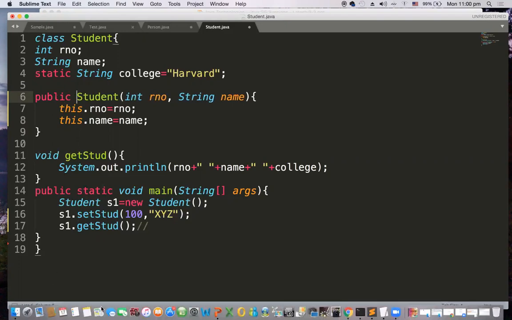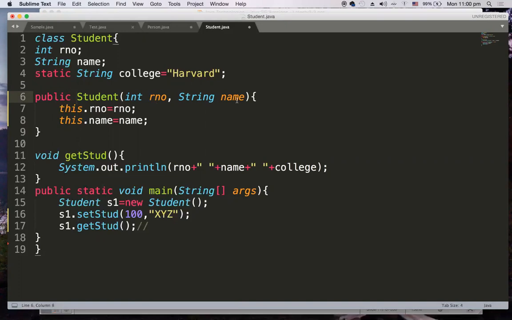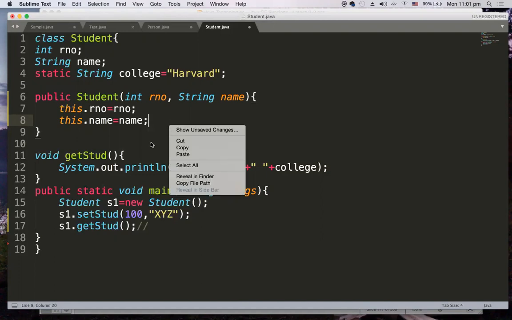So public Student, and this constructor takes roll number and name as parameters, which are the same as the instance members. In order to distinguish them and tell that these members belong to the current class, you have to use this dot roll number. So whether it is a method or a constructor, whenever your local variables and instance members are the same, to refer to the instance member you have to use this. That we have understood.